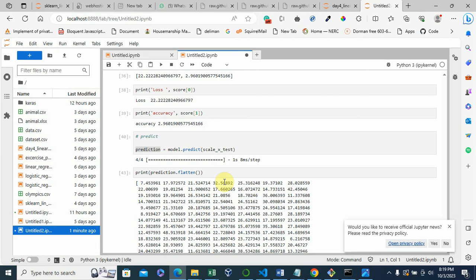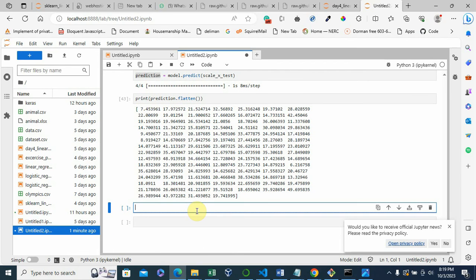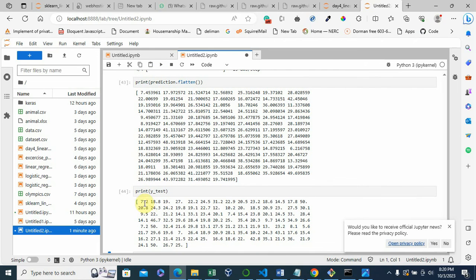The next thing we want to do is to get out the y_test and compare it with the prediction. If you see y_test, this is the test value, and this is what was predicted. 7.4 is predicted, the actual value is 7.2, not so much of a difference.